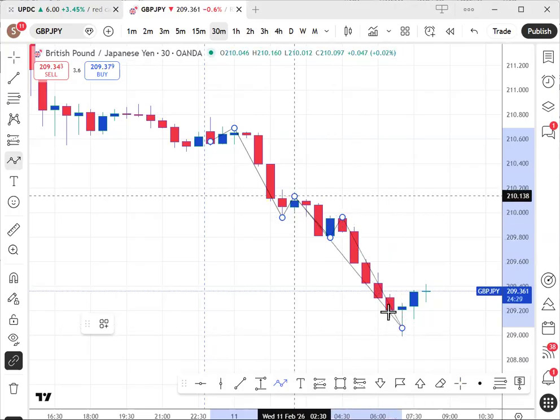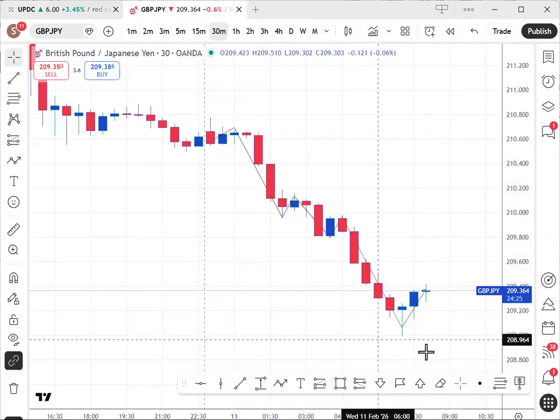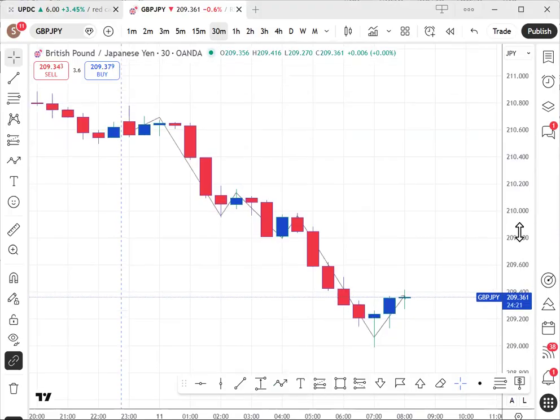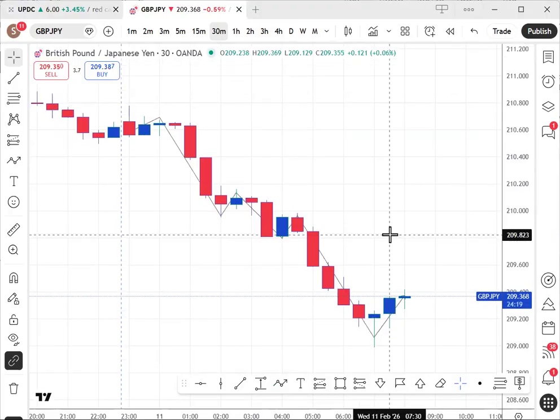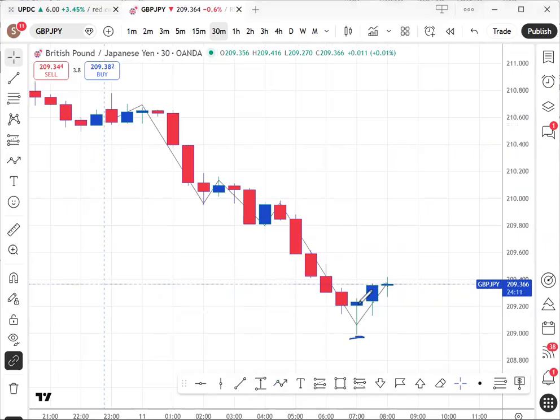Right? So price has moved all the way down and price is here right now. If you're a break of structure trader, you're looking at these lows here and asking yourself, where's my last valid range? When you look backwards, your last valid range is this last opposite candle here, because that's the last break of structure. So let's mark it out.